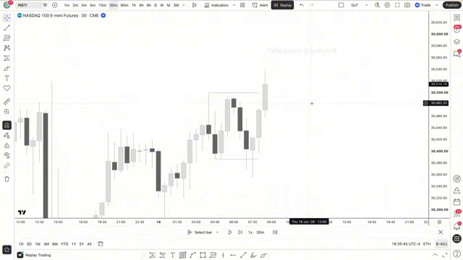So here we're going to talk about two types of entries. We're going to talk about the second way you can enter a positional entry, and then the way we trade continuations. So here we're on the 30-minute chart. We run out this low. We're going to target this high. We always use swing formations paired with order pairing ranges. So what we're going to do here is mark out our previous candle's range. We have a C2. So what are we going to do? Look for a key level within the previous candle's range, in this case, the upper half, since it's a bullish C2 candle. So we're going to look for a key level that we can put our limit on